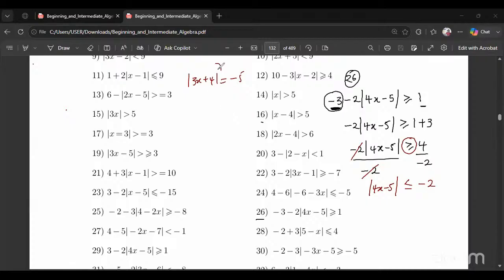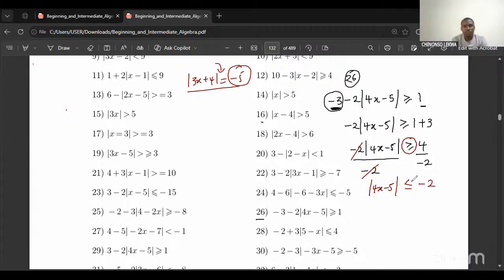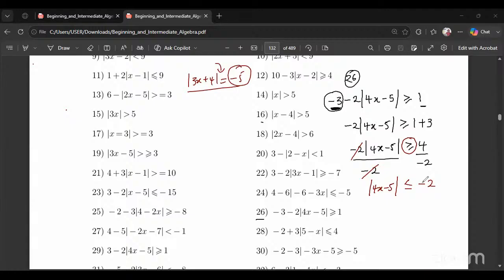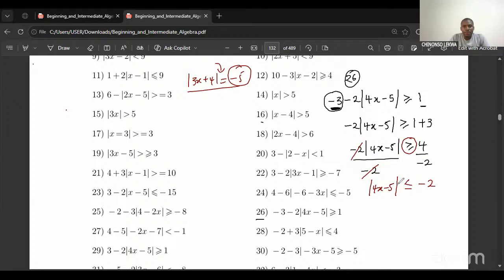This is for equality signs, right? So when we have equality, we cannot have a negative result for the absolute value here. But when we have inequality, does it work? When we have inequality here, can absolute value give us a negative result? Okay. If we are not sure, I think we can just go ahead and solve the problem and